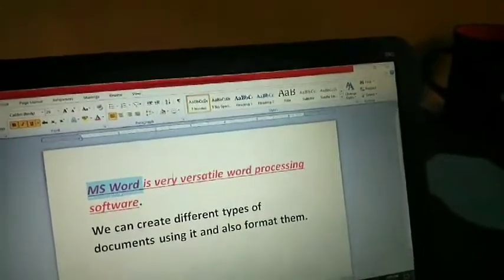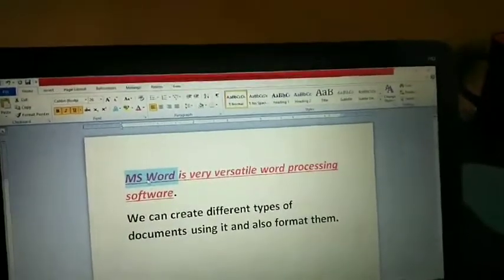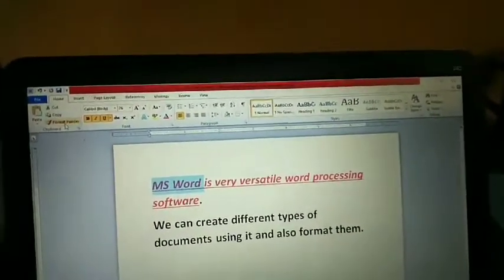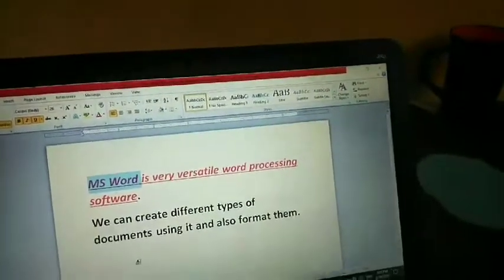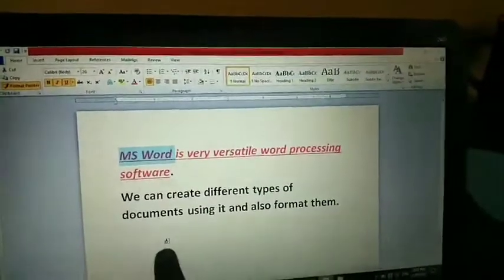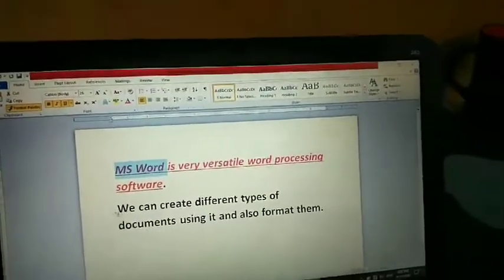Anything you can select. I just selected the first word, and like this I'm going to use the Format Painter. Then I select the Format Painter option. You can see the cursor symbol changes to a brush symbol. Just click and drag.